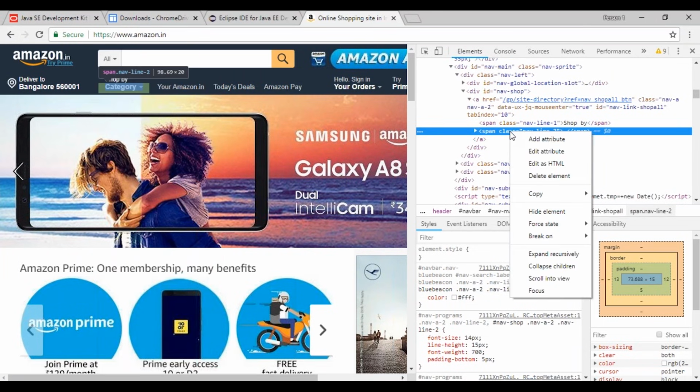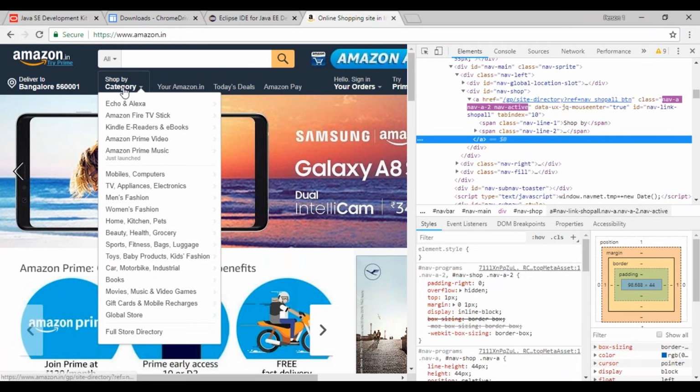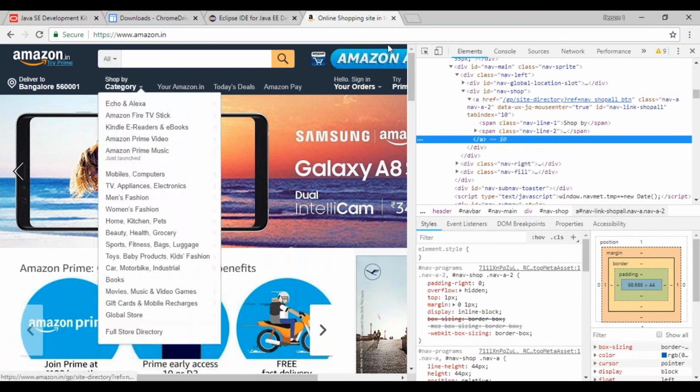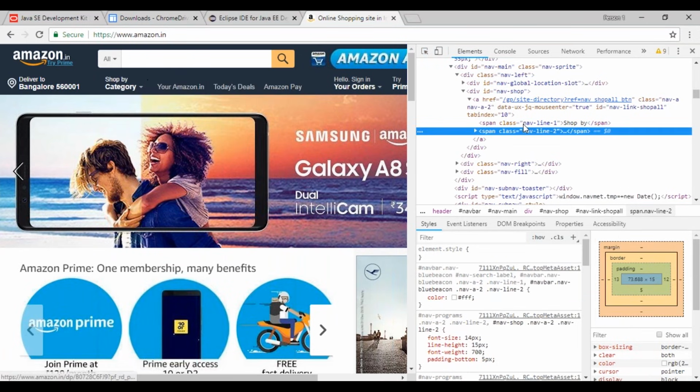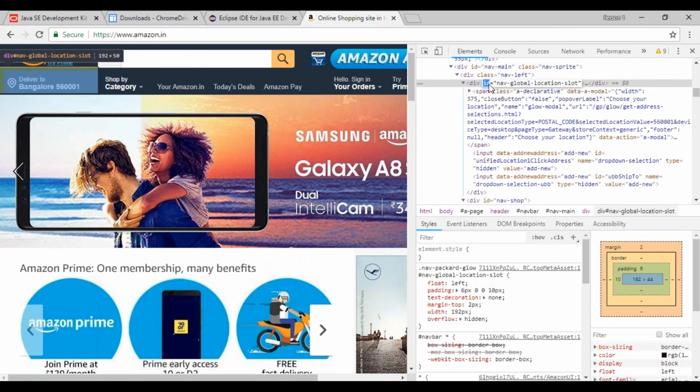There are multiple ways of identifying the web element. I'm going to right click on this. I'm going to go to copy. So one says copy selector, and another copy XPath. So using the selector or using the XPath, I can identify the web element. These are two ways. Apart from that, I can identify the web element using the name that is over here, the text of the web element, say category. Or else I can identify using the, let's just click on category again. So here I've got class. So I can identify the web element using the class name as well. I can identify web elements using its ID as well. So there are multiple ways. I'll show you one by one. So this is how you identify the web elements.